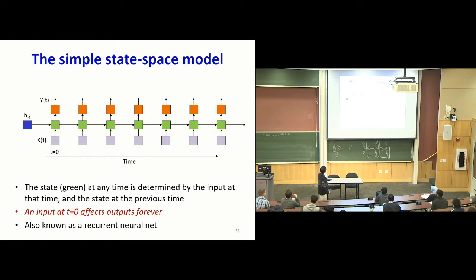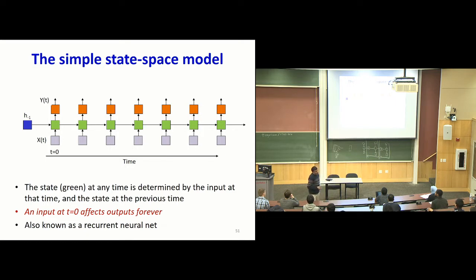And now suppose I have an input at time 0. Then we'll observe that even if I have no subsequent inputs, this is going to flow like so and produce an output at every time. So the output at any time is now going to depend on inputs going all the way beyond the horizon into the past, right?